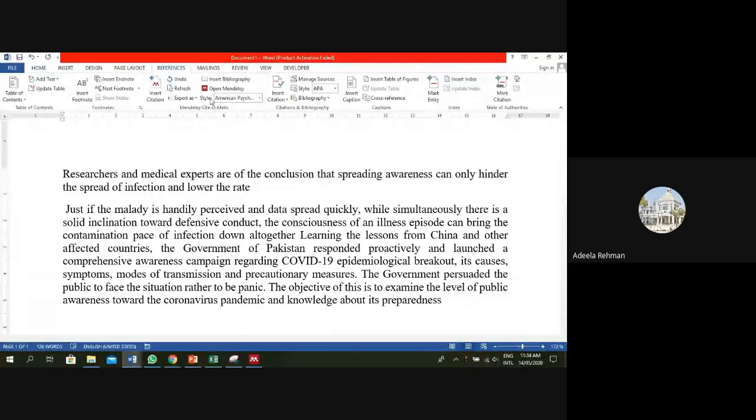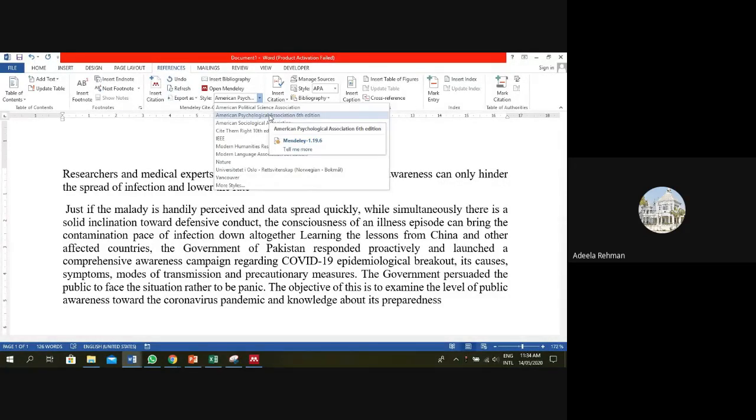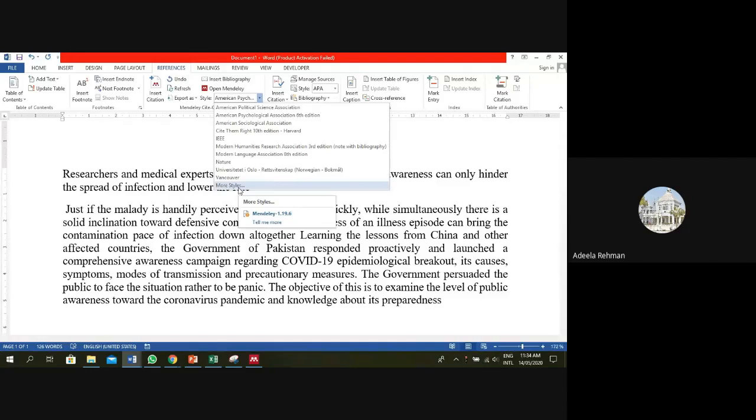You can see here is a style option, American Psychological Association. Social sciences people usually use American Psychological Association. We have different other options. American Sociological Association is also very similar to the Psychological Association. We have IEEE format, we have Vancouver format, and more styles can be downloaded through the Mendeley online search engines. If your discipline is natural sciences, biology, or the IT department, which have different citation or reference styles that are not appearing over here,